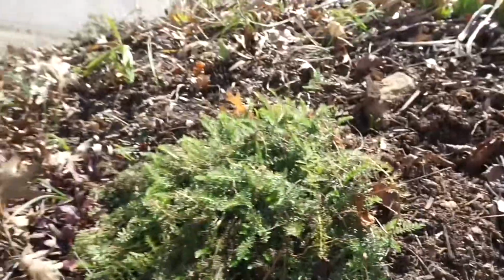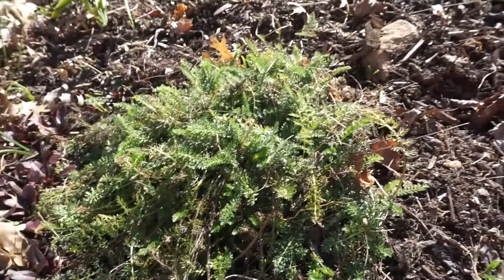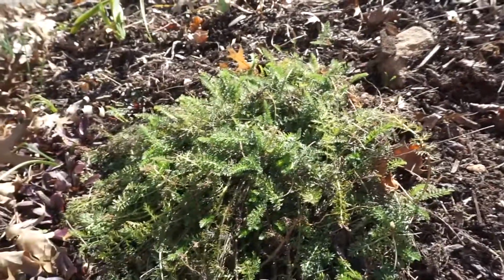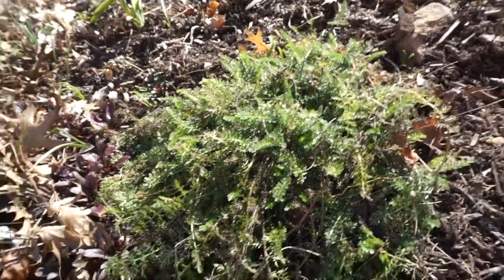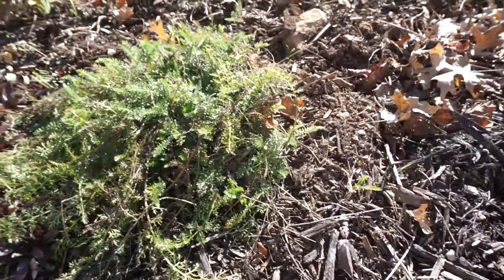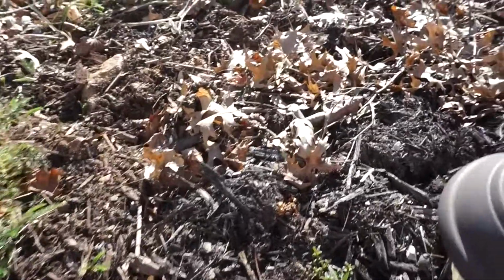This is about 2 or 3 seeds that grew. I probably should have separated them, but they were growing so close together I didn't want to disturb the soil or the roots and risk anything. So this is about 3 seeds that were grown together last year, turned into this nice little mound of plant right here, sending out runners to multiply, and I envision this taking over this whole section right here of dead